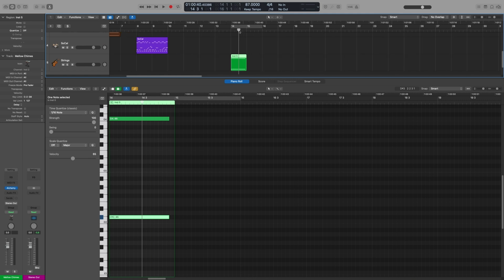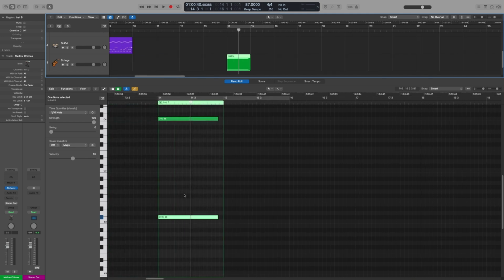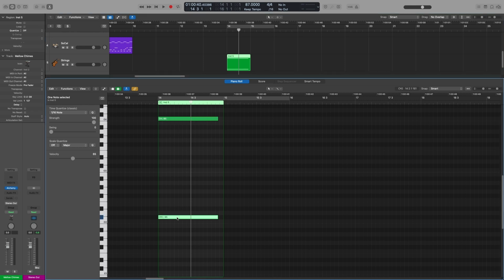Let's actually make this one bigger as well. If we look at the piano roll, I have C4 and C2, C sharp 2. Let's take it down to C2. Now, if I open up Contact,